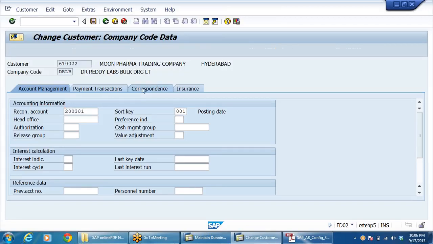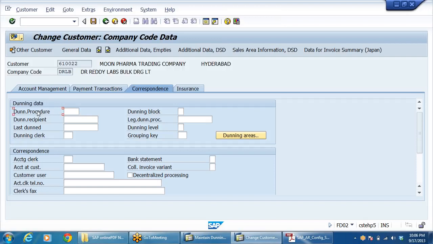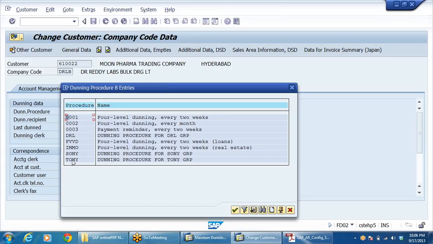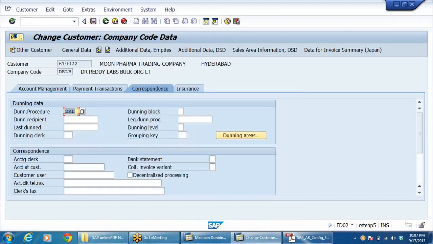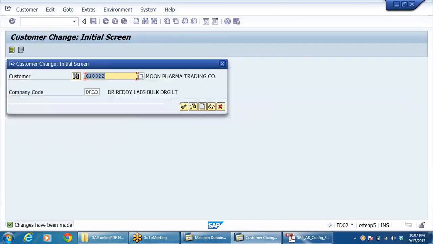Go to correspondence. Here the Dunning procedure. Right. Here the Dunning procedures will be visible. DRL. Just assign here. Save it. It seems to be very slow.